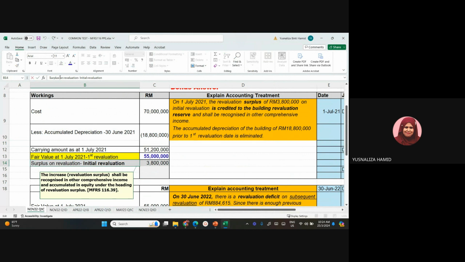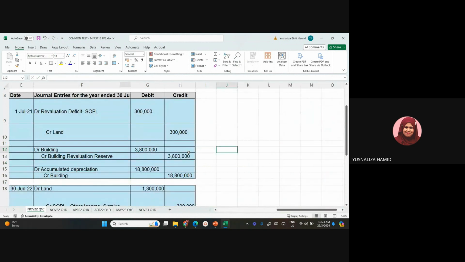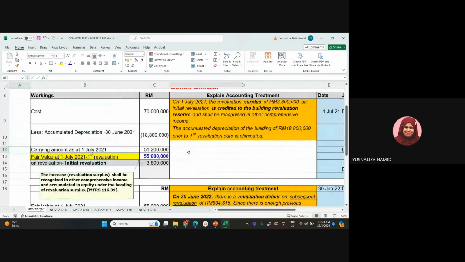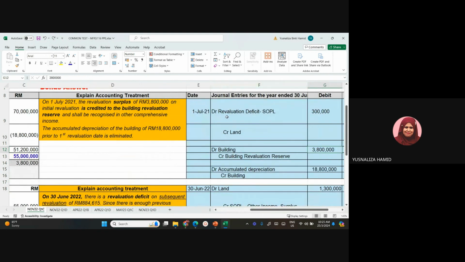Sorry, this is not a surplus, but it was a deficit. It was a deficit. So yes, it was a surplus, sorry. Yeah, it was a surplus. So it was a surplus of 3.8 million because fair value is more than the carrying value. So that 3.8 million, what you need to do is you need to go and record that